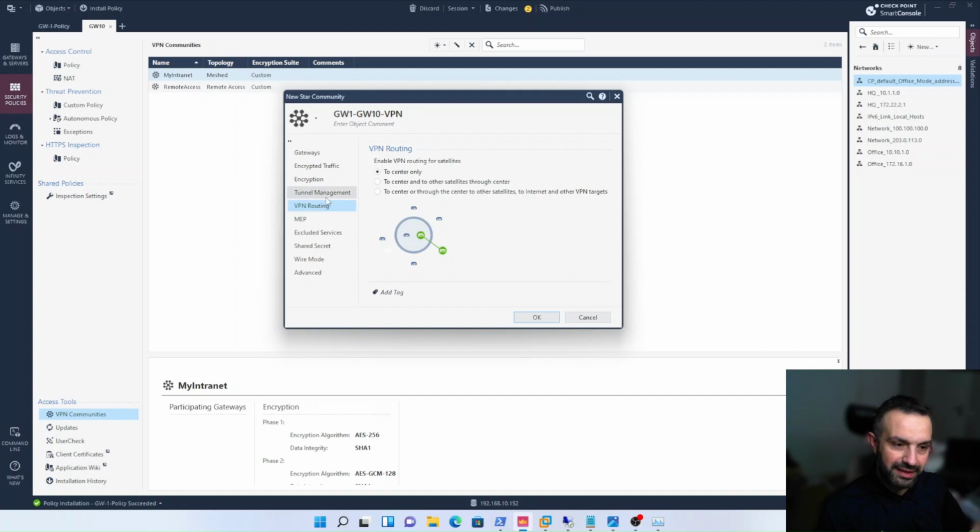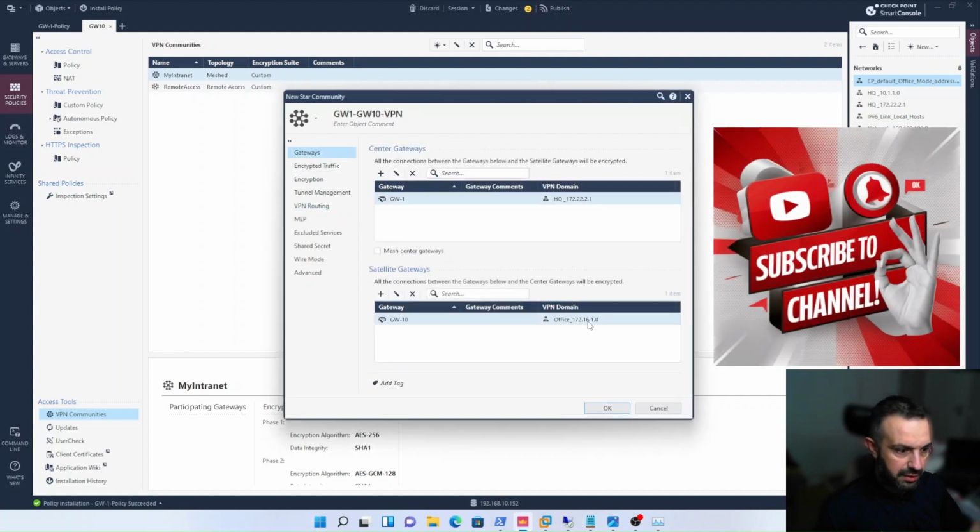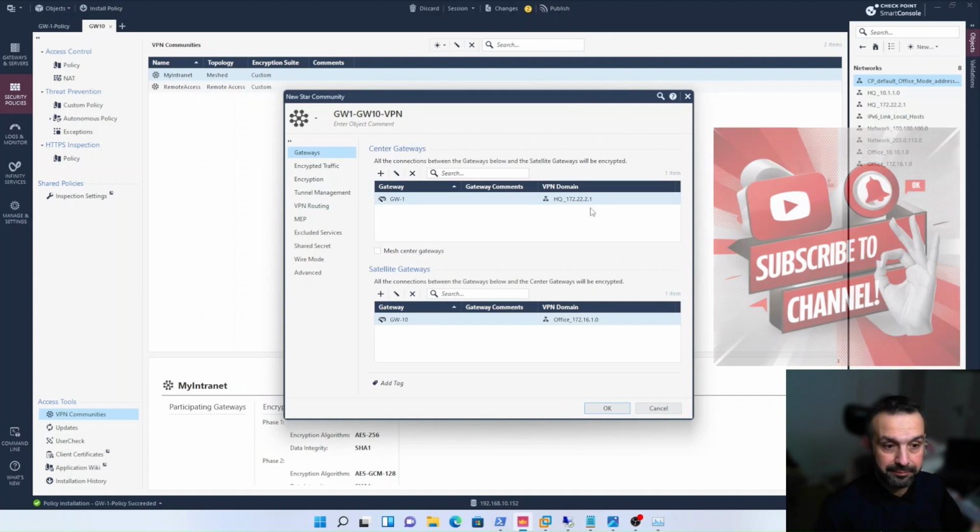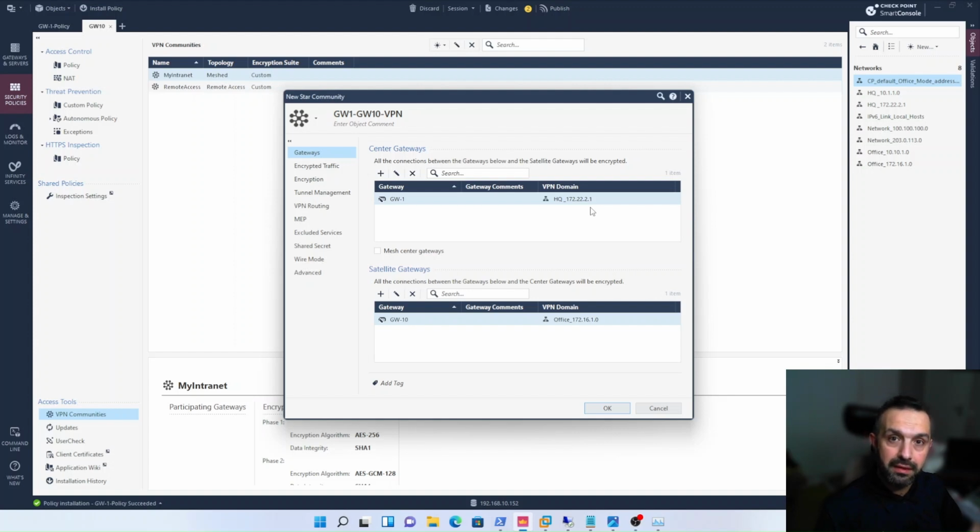Here we can see I have talked about split tunnel. The first option here, to center only, is a split tunnel, allowing local internet egress while maintaining a VPN connection to the networks behind the hub. So in this case, the satellite will use the internet; only traffic from this subnet to this subnet will be sent through the tunnel. Any other traffic will be